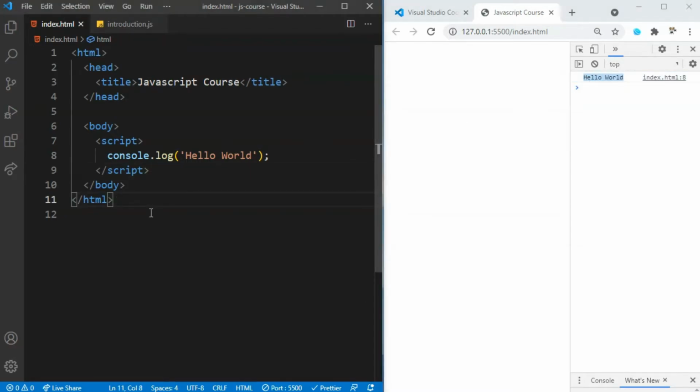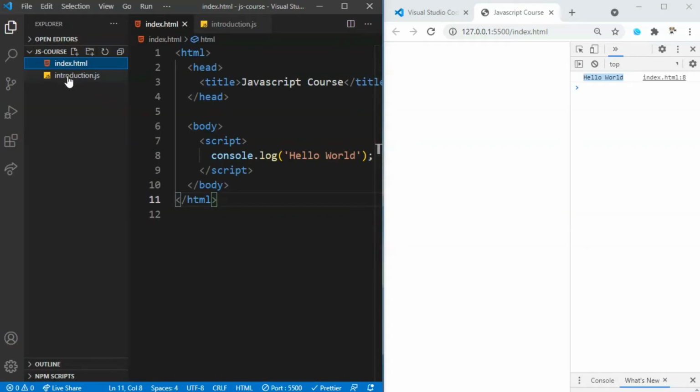Now let's talk about external JavaScript and how we can add it to our document. Similar to the internal JavaScript, the external script link can be in the header or body, but it is preferred to put it in the body. First, we should create an external JavaScript file with a .js extension. All files ending with .js extensions are JavaScript files. So make sure you create a JavaScript file. You can name it however you want. I have already created a JavaScript file at the beginning.